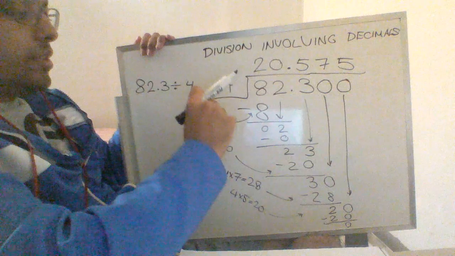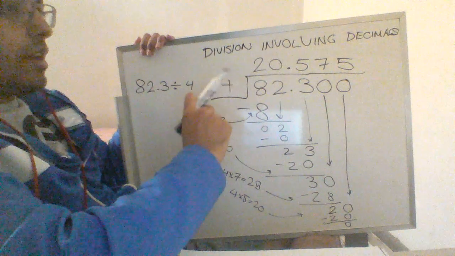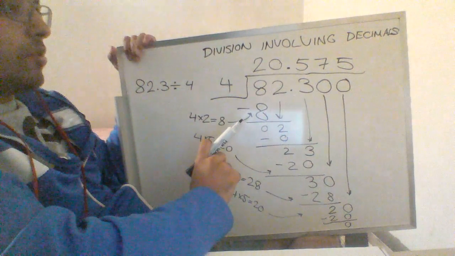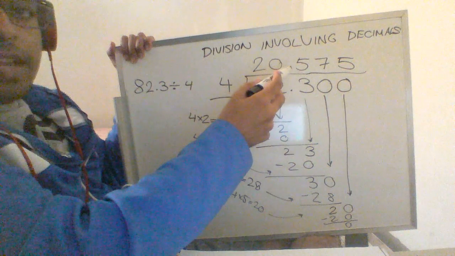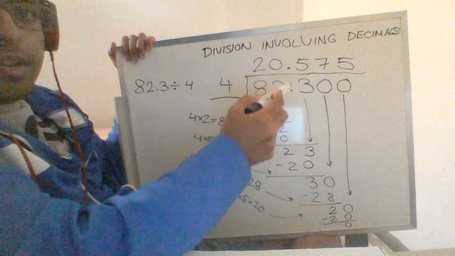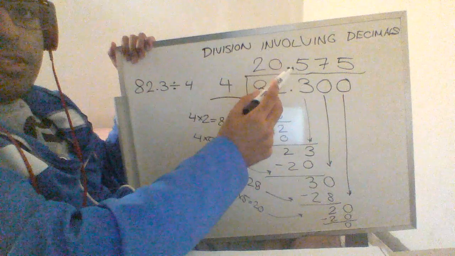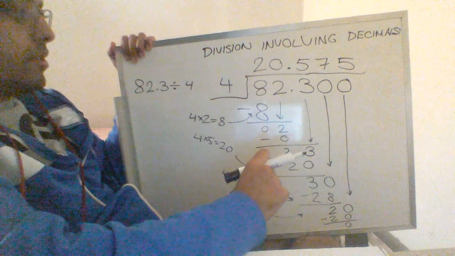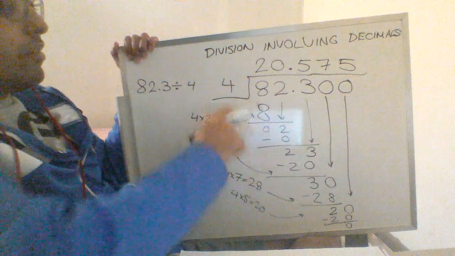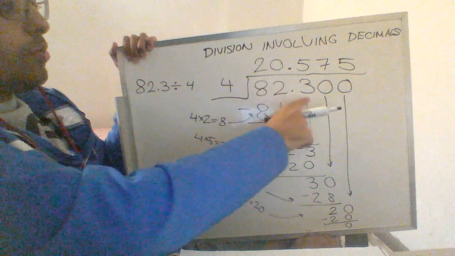So make sure you're taking care when you do that, and we'll cover that in the test review as well, hopefully. But yeah, basically you just want to line that decimal point up with this one down here. So you just look at where it is down here and then throw it in the same place up there in your quotient result. And so then you can get that 4 goes into 82.3